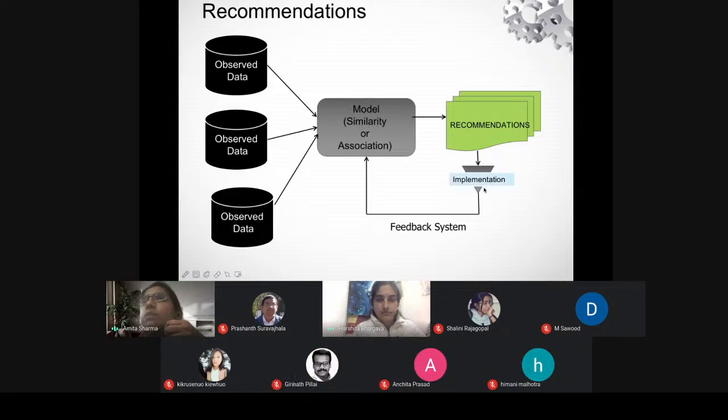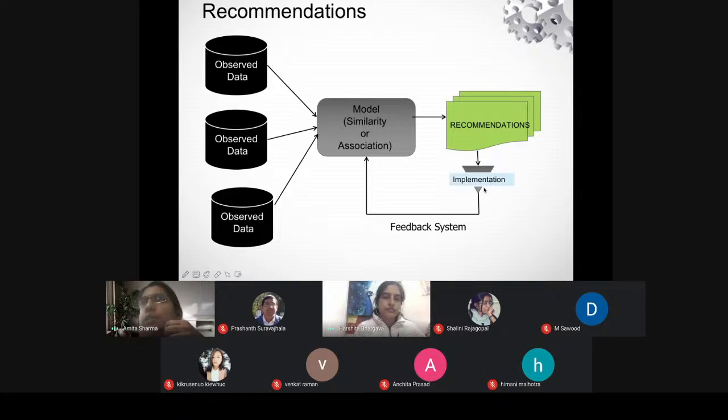Those algorithms are applied and the model is created, and by understanding what kind of data we have, the model focuses on understanding of the data. After that, we generate the recommendations. On the basis of recommendations, we plan the action.